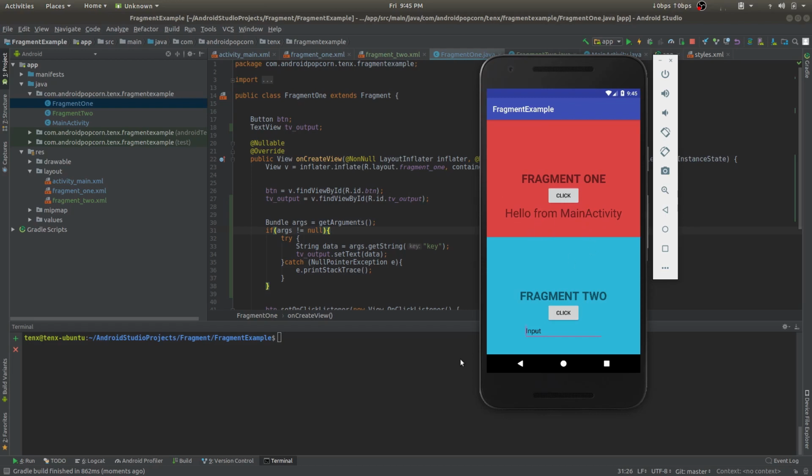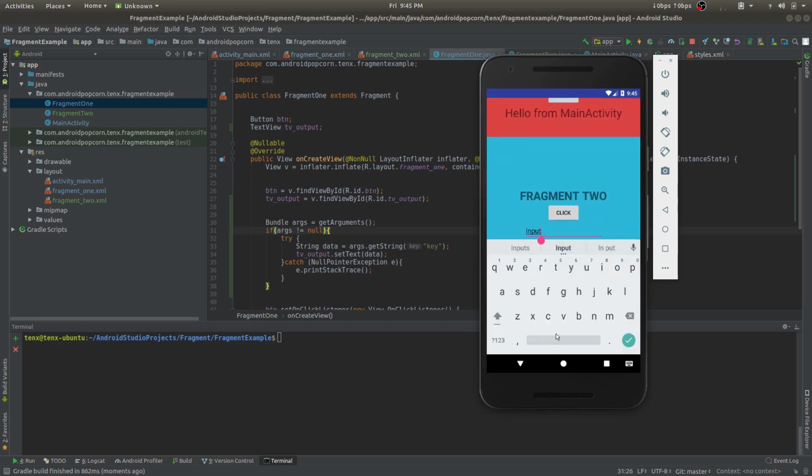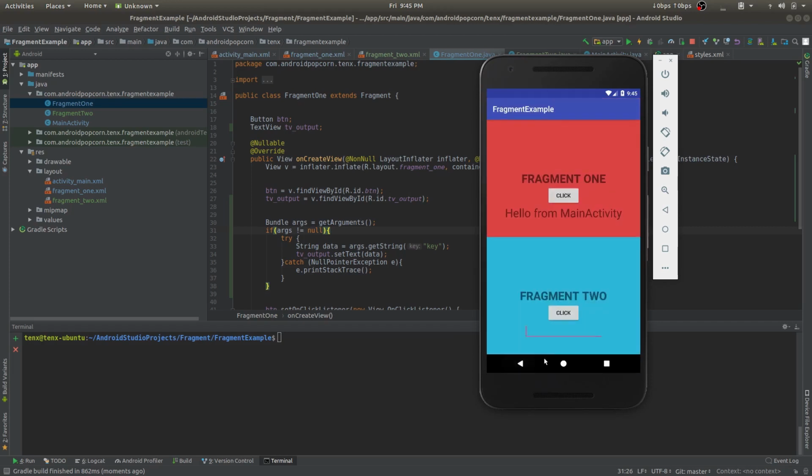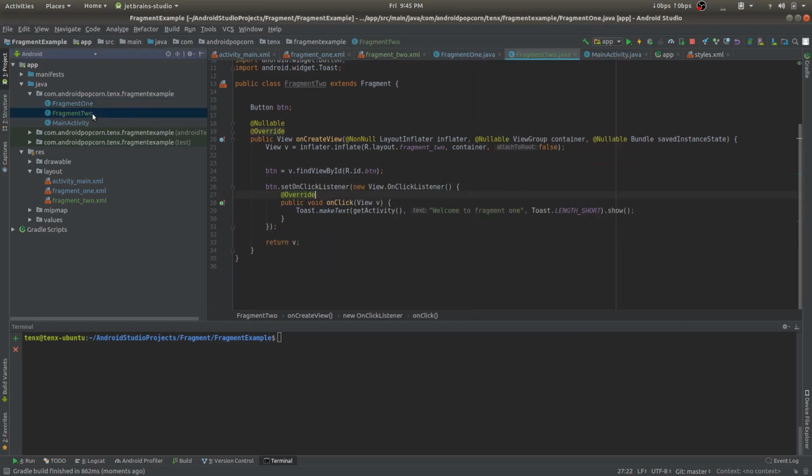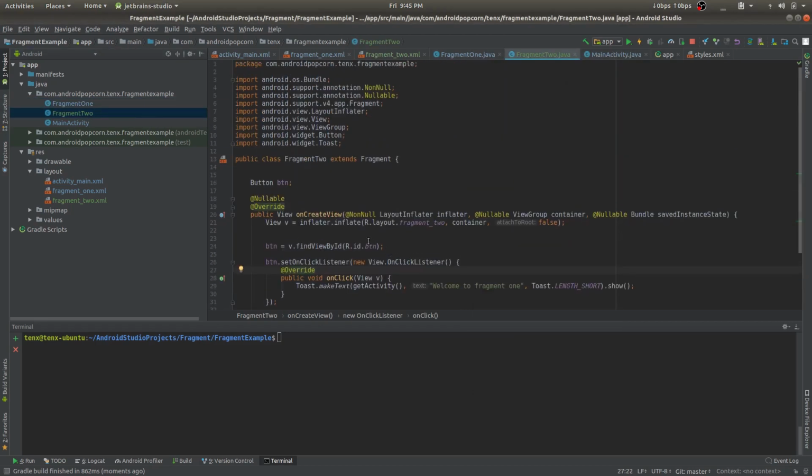And now what I'm going to try to do is put some data in this input value, and instead of sending data from activities to the fragment, I'm going to send data from this fragment 2 and display it inside fragment 1 over here. So to do that, we have to create an interface first. As we are taking some data from fragment 2, let's initialize the interface here,